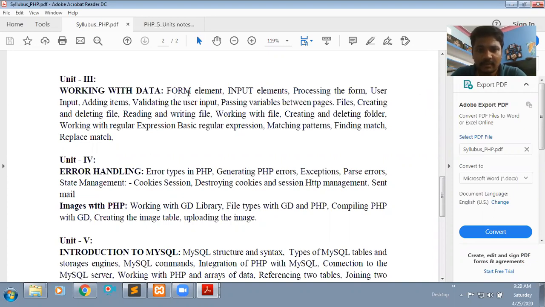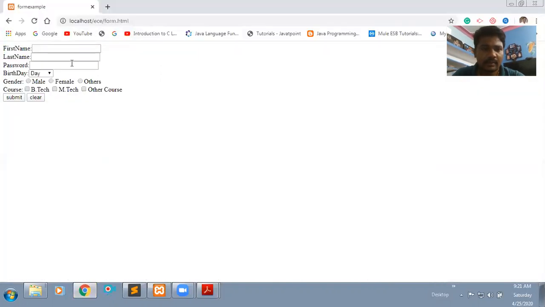In this class, we will process that data, whatever we have created by using web form input fields. If you observe, you can see there are different input fields available in our web form.